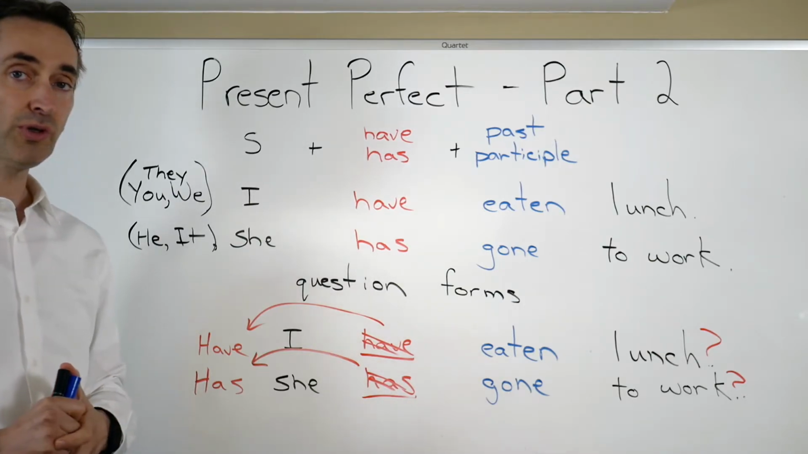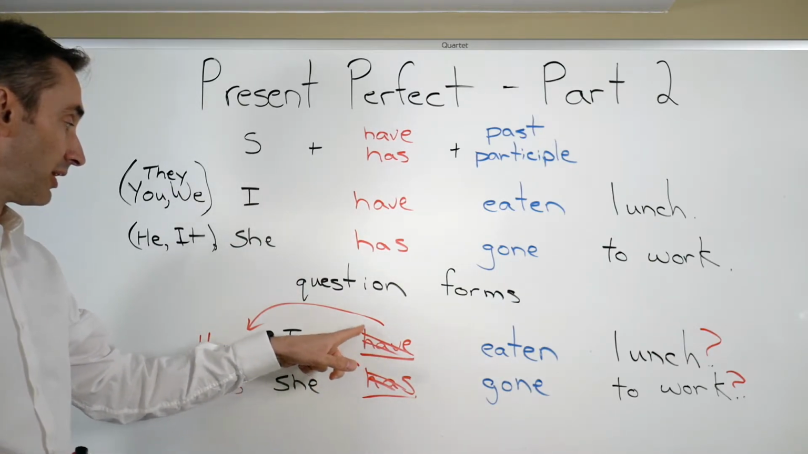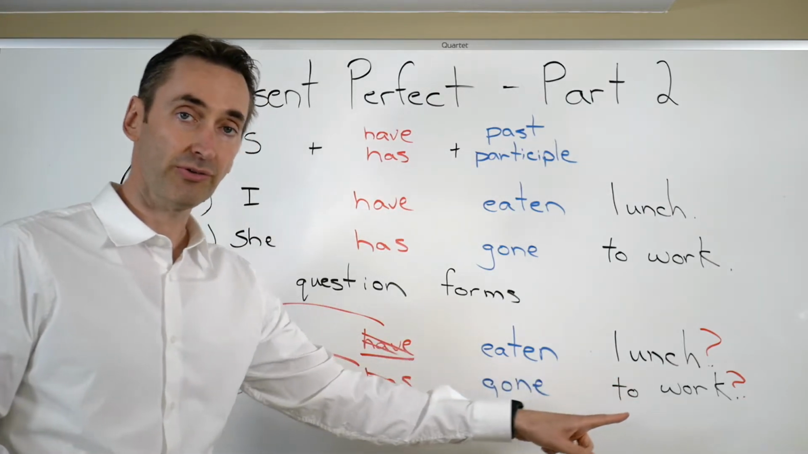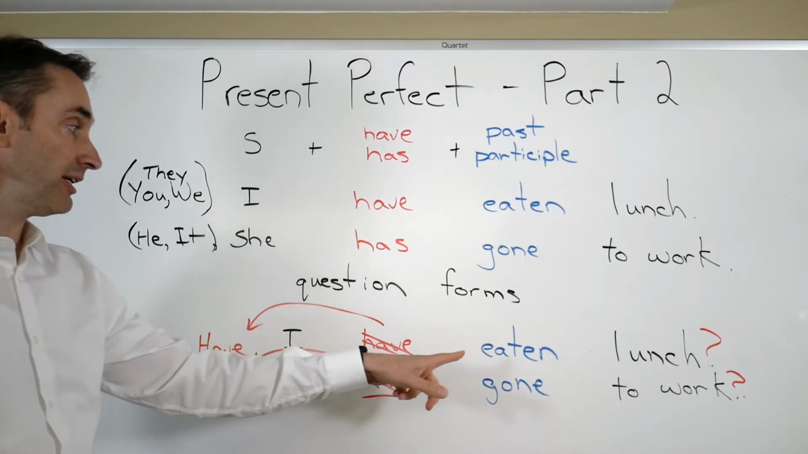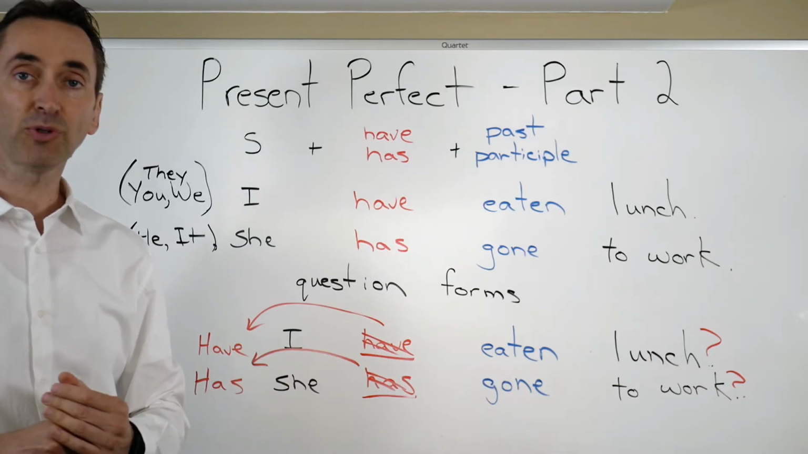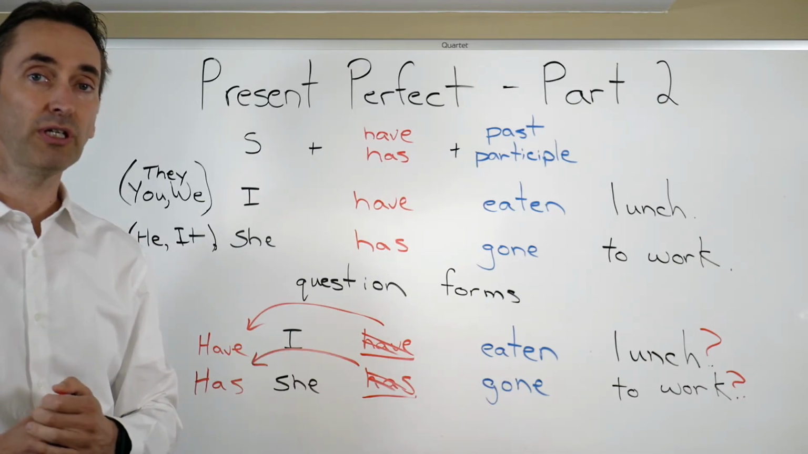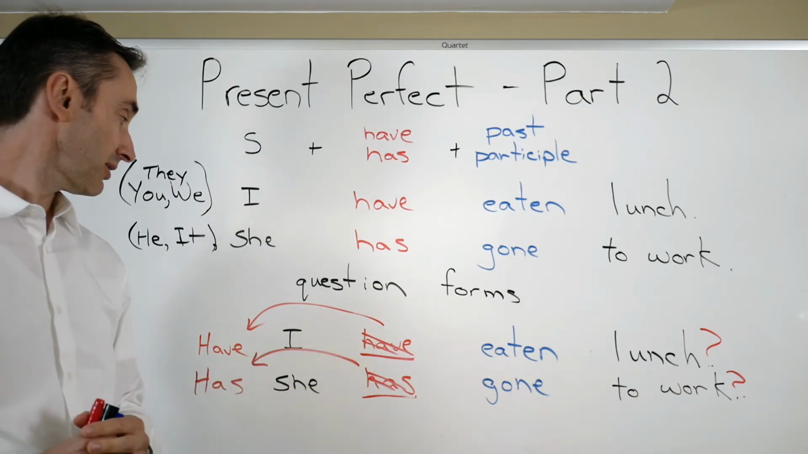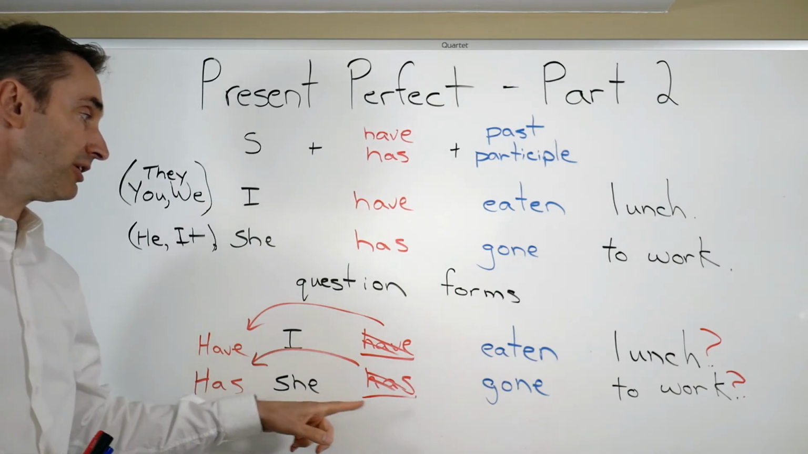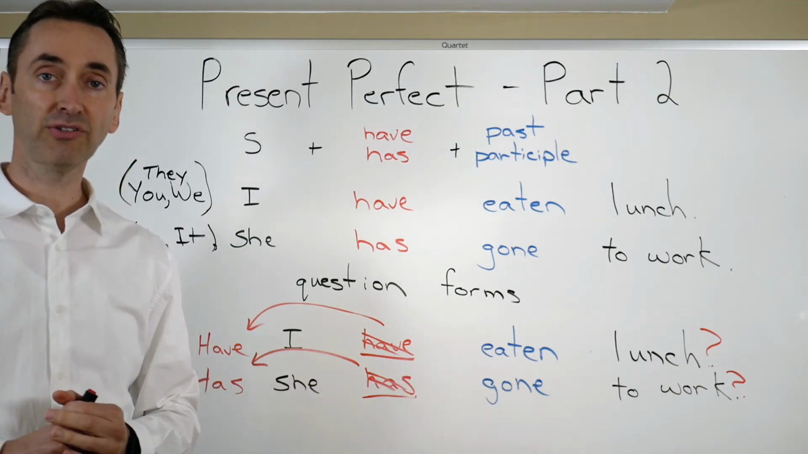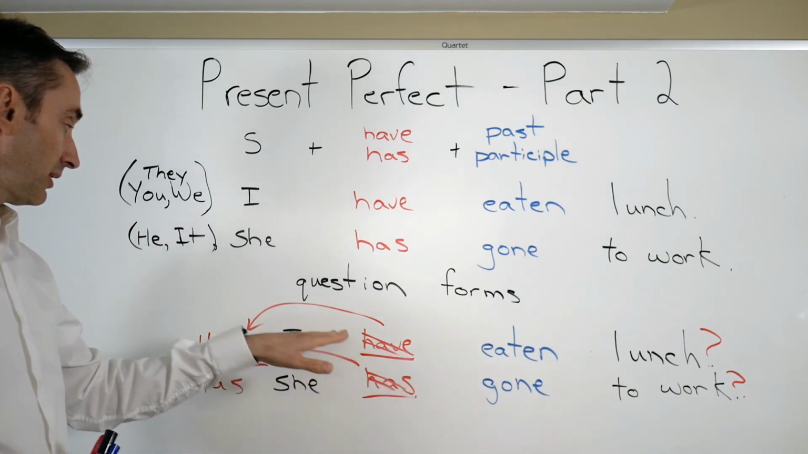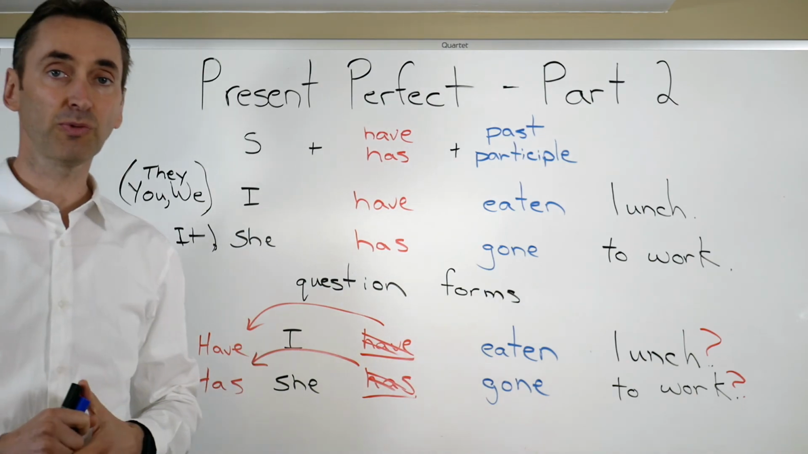で、質問を作るときには have を先に来る。主語の前に持ってきて質問の形をできるんですね。Have I eaten lunch? Has she gone to work? をすれば質問を作ることはできるんですね。Have I eaten lunch? Yes, I have. No, I haven't. Has she gone to work? Yes, she has. No, she hasn't. So 質問を作るときには have からを主語の前に持ってきて質問はできるんですね。